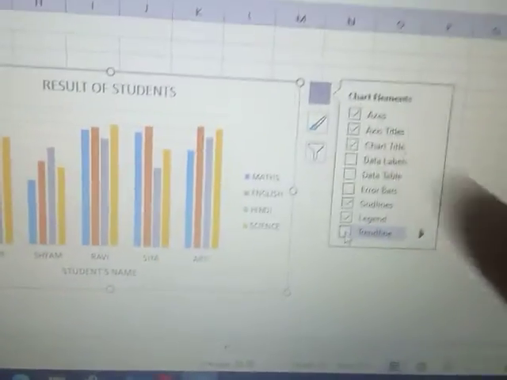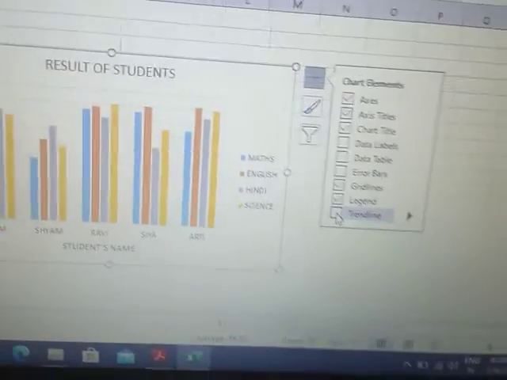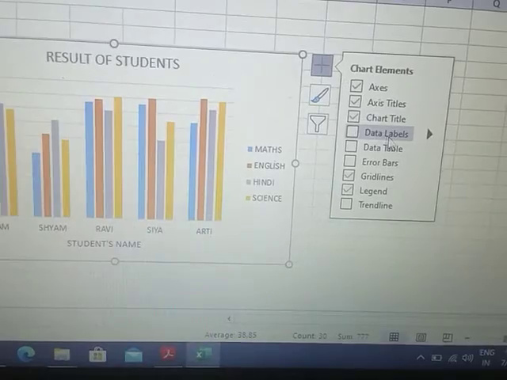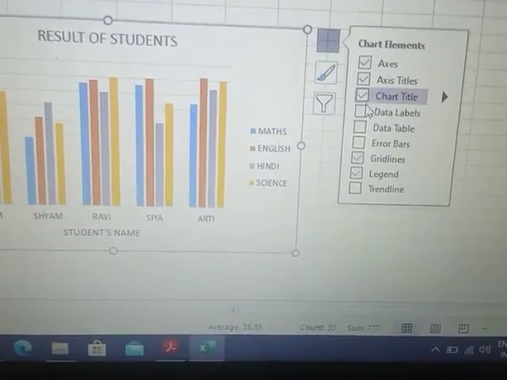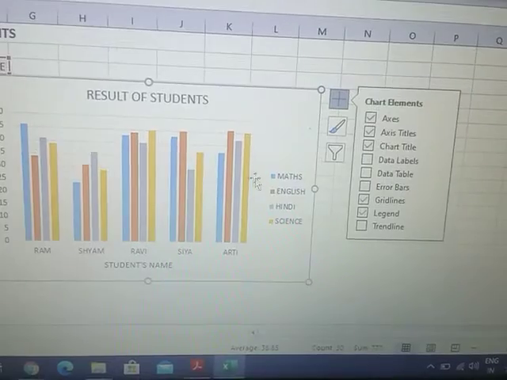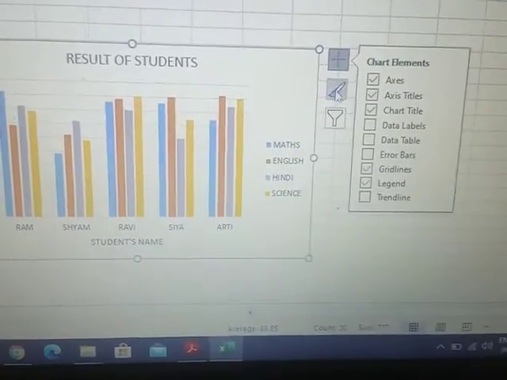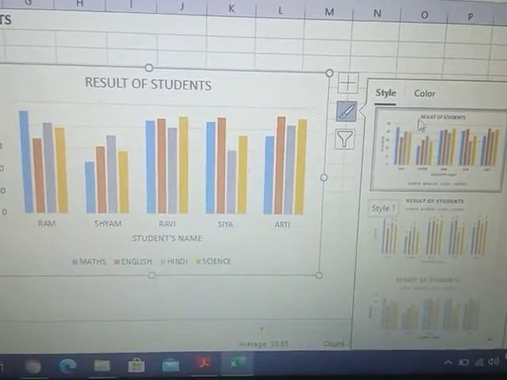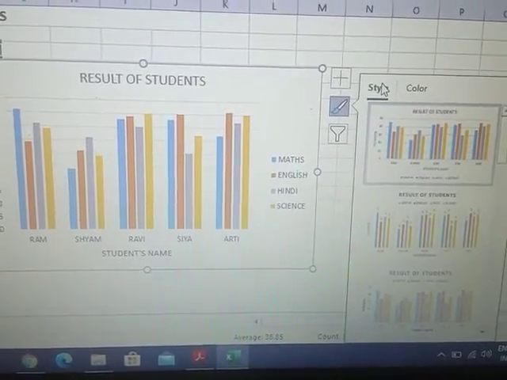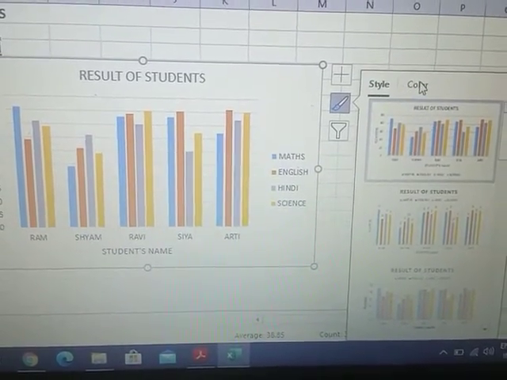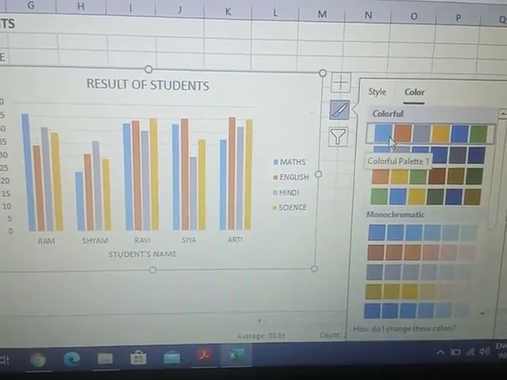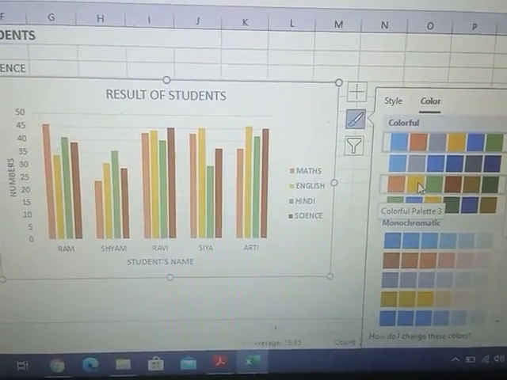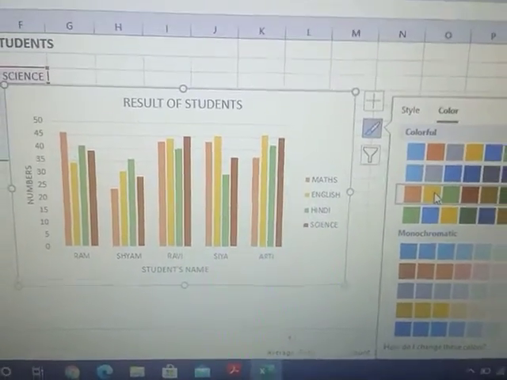So with the help of these additional options, one more thing I have told you last time: these are the chart elements. I have told you about these basically. You can modify your elements with the help of these chart elements. And I have told you about this also. It shows you the color combination. These are the styles, and if I come to colors, the color combinations are also there. You can see here which type of color combination you want to represent. You can just change the elements.